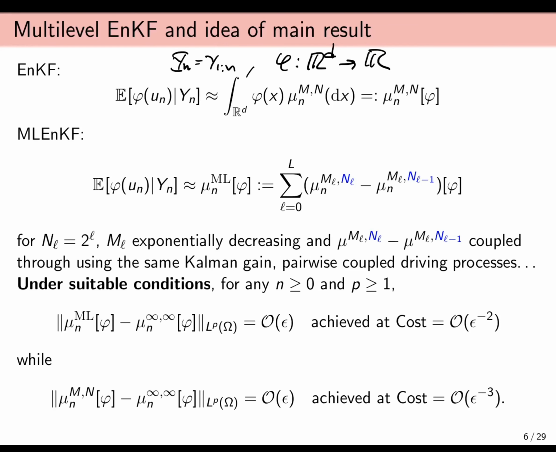So there are a few things to be said here. Why did I suddenly replace the Bayes filter expectation with the mean field measure? Well, I simply did it because that's what these algorithms converge towards, and let me come back to that. There is a catch there, so let me come back to it.